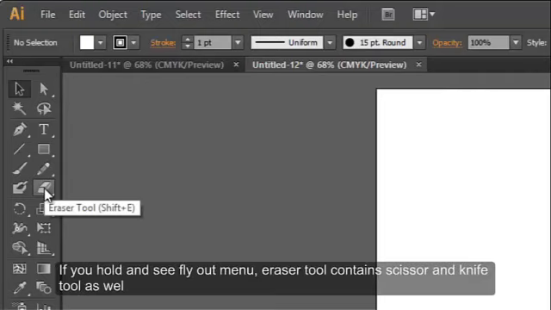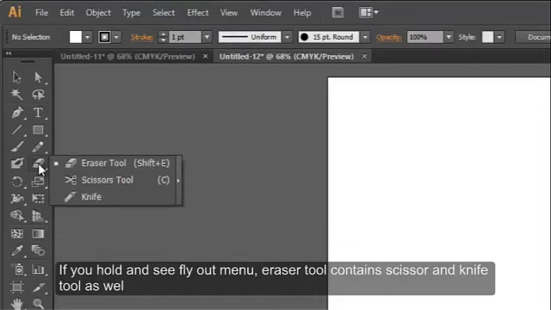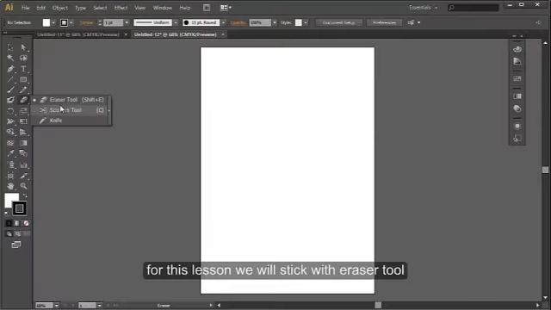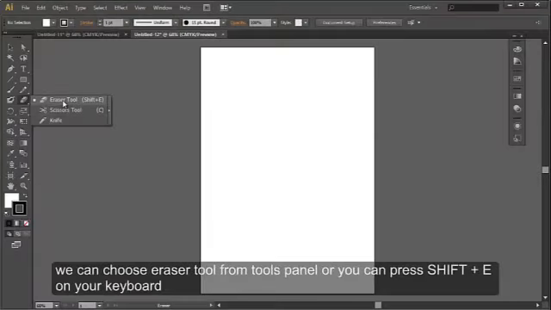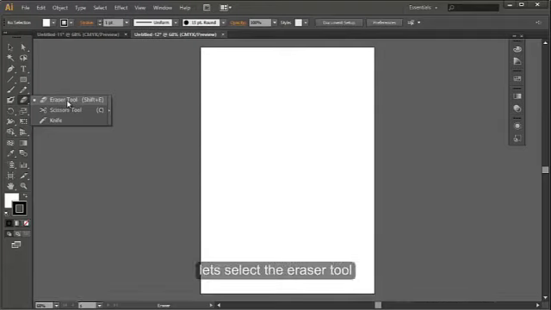If you hold and see the flyout menu, eraser tool contains scissor and knife tool as well. For this lesson, we will stick with eraser tool. You can choose eraser tool from Tools panel, or you can press Shift E on your keyboard. Let's select the eraser tool,